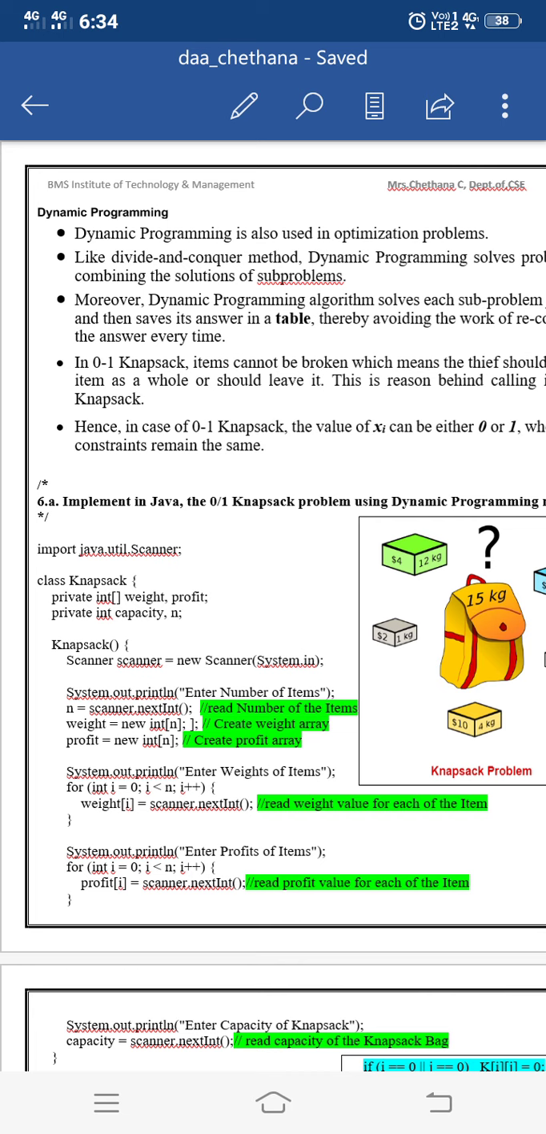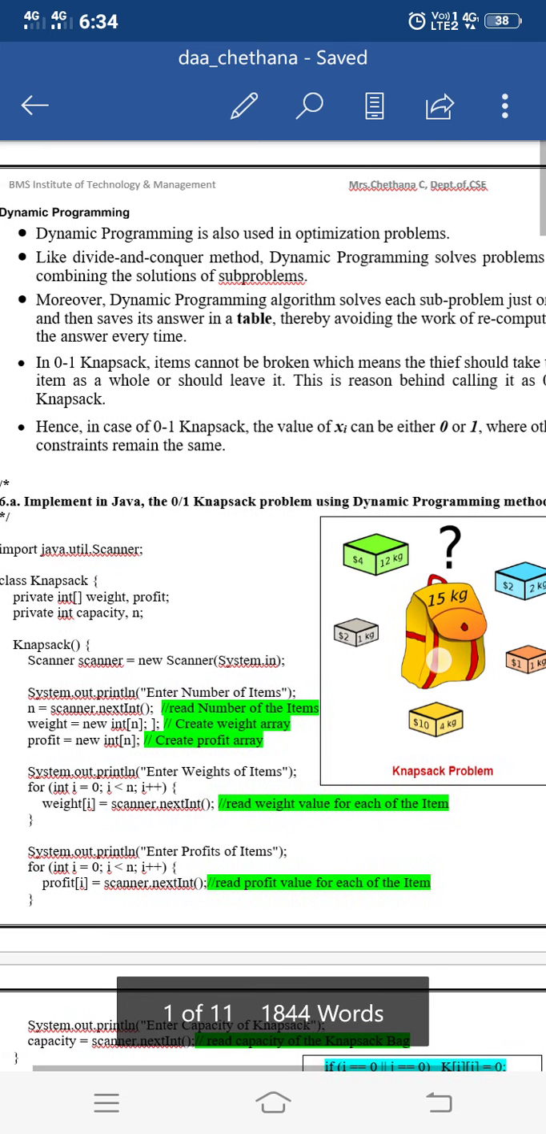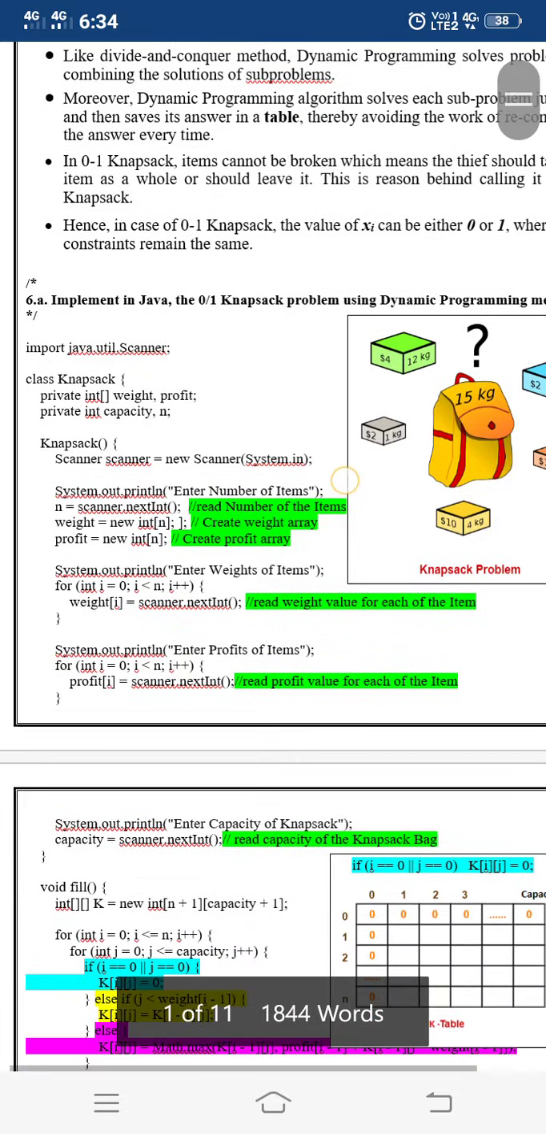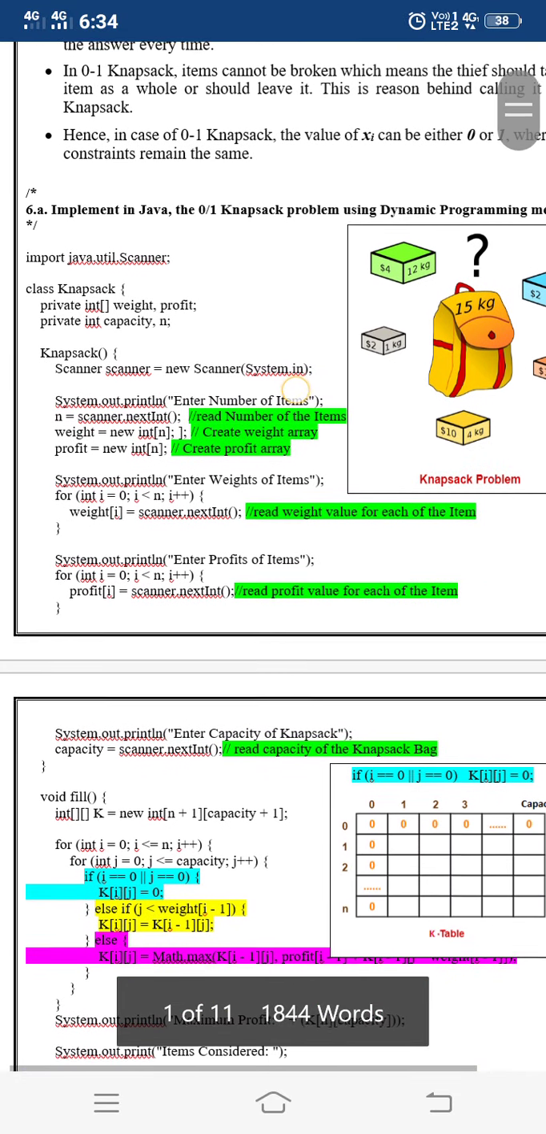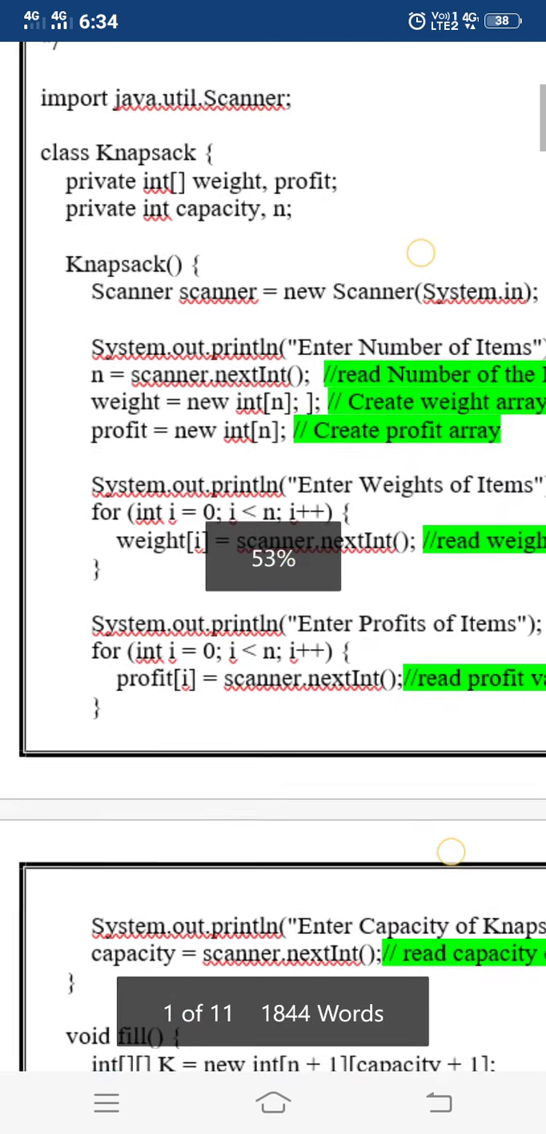Hence, in the case of 01 knapsack, the value of xi can be either 0 or 1, whereas the other constants remain the same. So, in the 01 knapsack problem using dynamic programming, here we are using the Java language